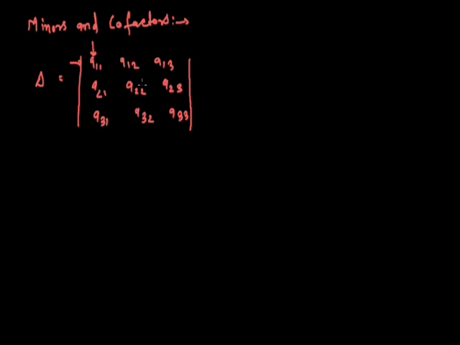So the remaining part is the minor of A11. It means we leave the row and the column passing through the element Aij. Then the second order determinant thus obtained is called the minor of Aij, and the minor is denoted by